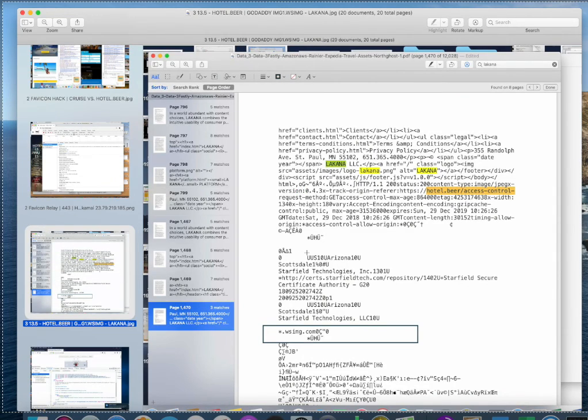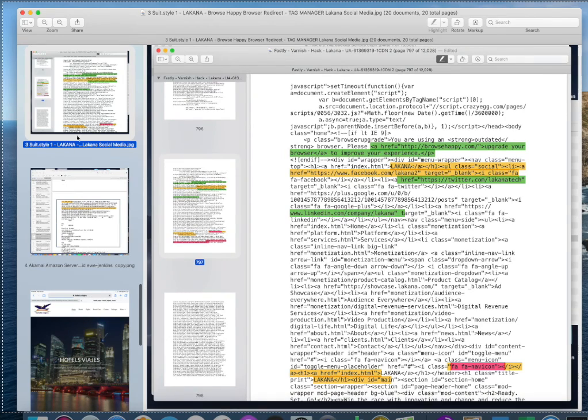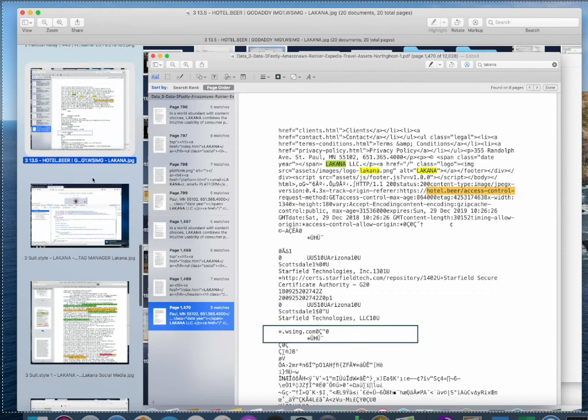It doesn't look like this yet, but here is LAKANA and GoDaddy injecting all of this information of LAKANA right into their WSIMG files.